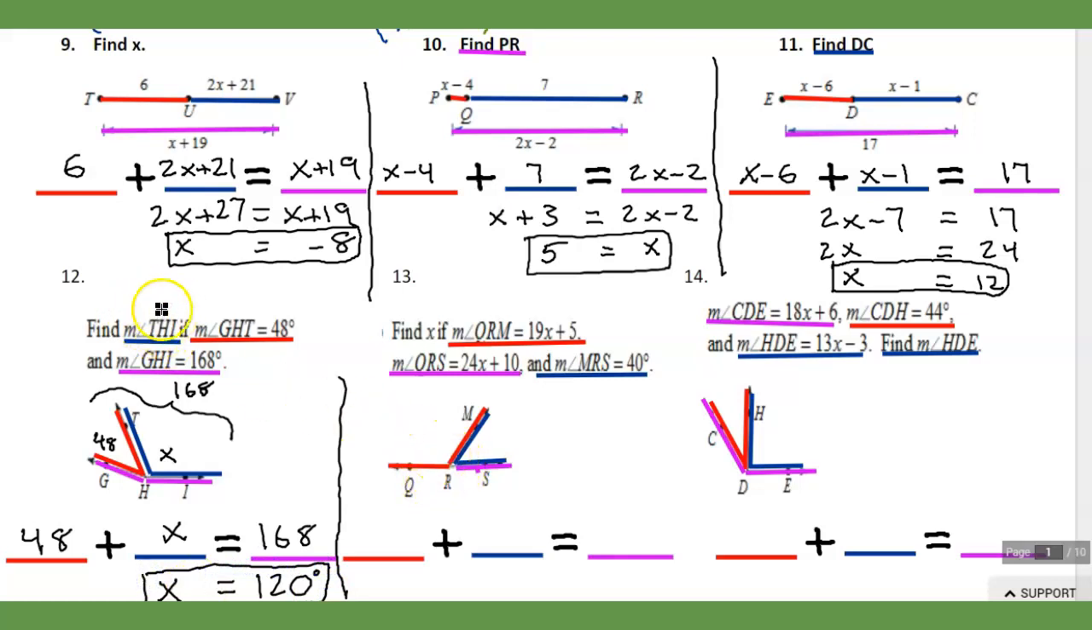Right? And that's also the measure of THI. All right, next we can find x again. So QRM, the red here, this is 19x plus 5. The blue is 40. Okay. And then the full large angle is 24x plus 10. So the blue, or the red plus the blue